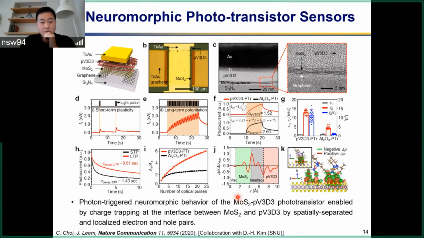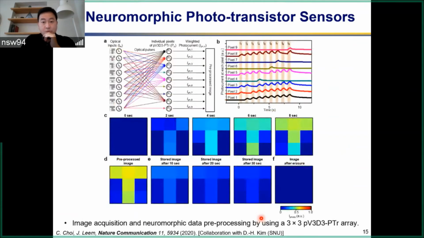So let me show you what we have done in terms of additional demonstrations of these features from the material interfaces. Here I'm showing you one example. It's a 3x3 array, and if you look at panel A, I have, I think, 9 events here. We're trying to create a T, but as you can see, there's some error in each of the 9 exposures. Because of this error, if you just expose one perfect T for a long time, of course,